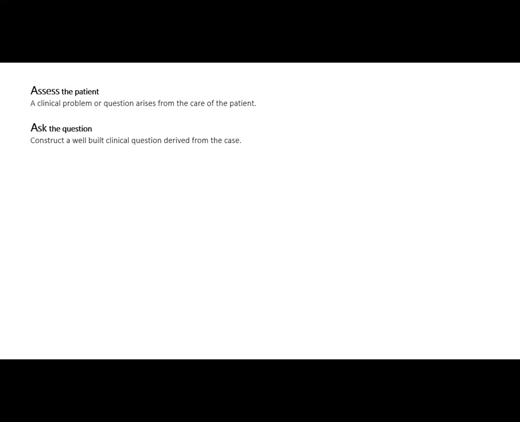So what's involved in this process? We can think of EBP as being comprised of the 5 A's. We've all heard of the 5 W's of reporting: who, what, when, where, why. This is a similar prompt to help remember the steps of evidence-based practice. So it starts first with assessing the patient. What is the clinical problem or question that arises from the care of the patient? Moves on to asking the question, constructing a well-built clinical question derived from the case or the patient's care,